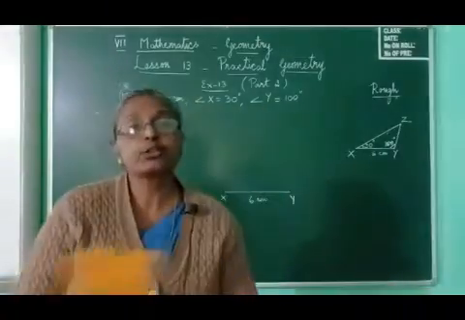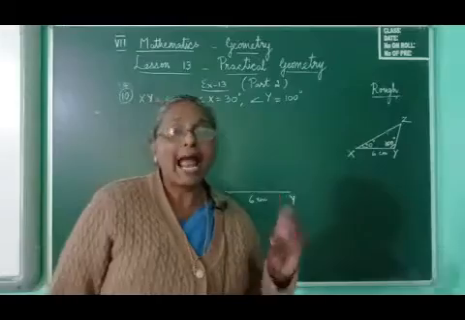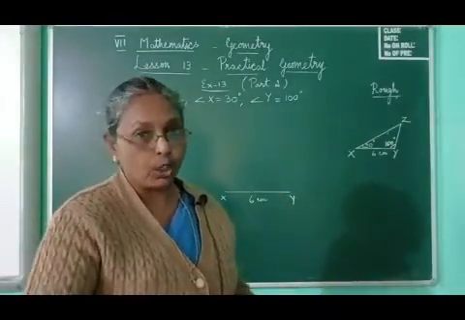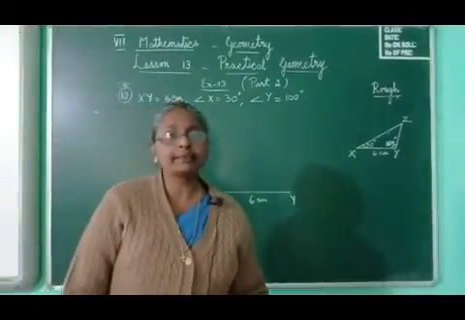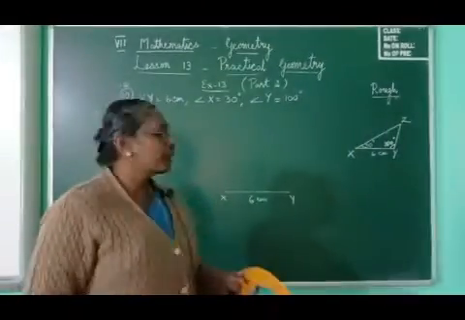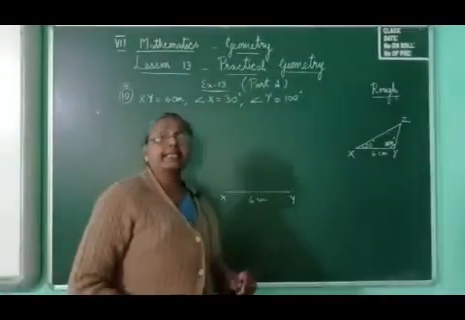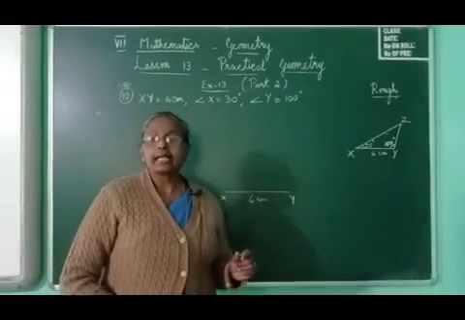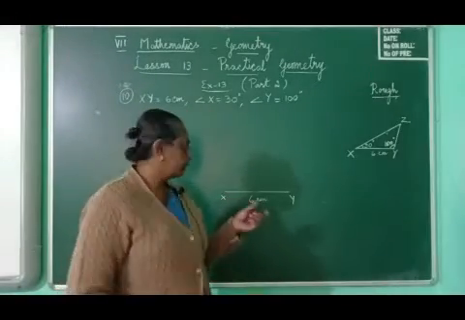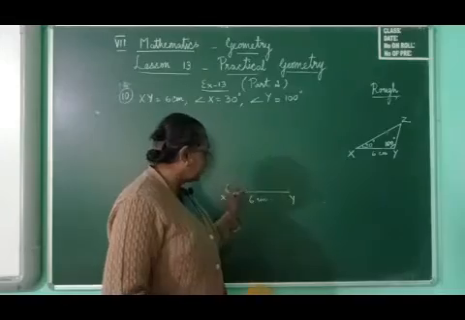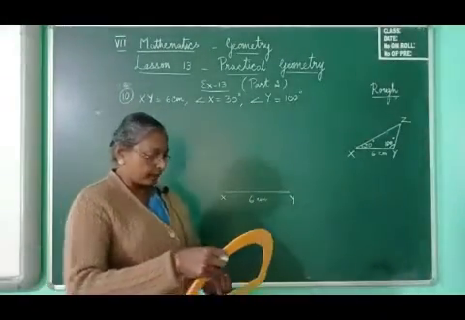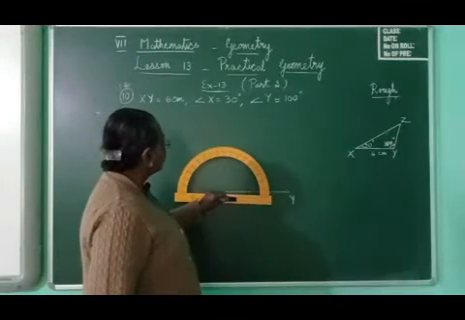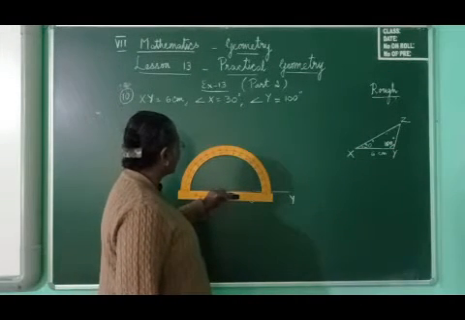After drawing this, we need to now construct the two angles. First, we will draw 30 degrees. Here also, we can use protractor, because we can draw 30 degrees using compass, but drawing 100 degrees is difficult. It is not possible. Therefore, we will draw using the protractor both the angles.